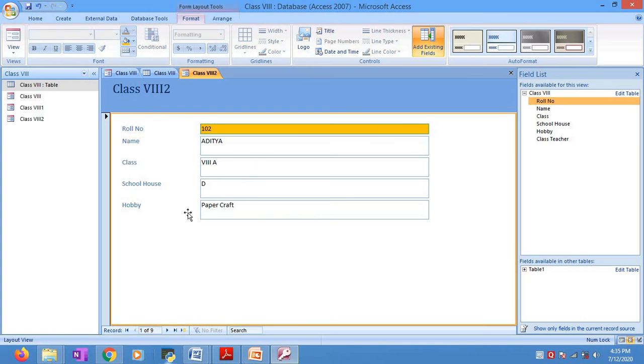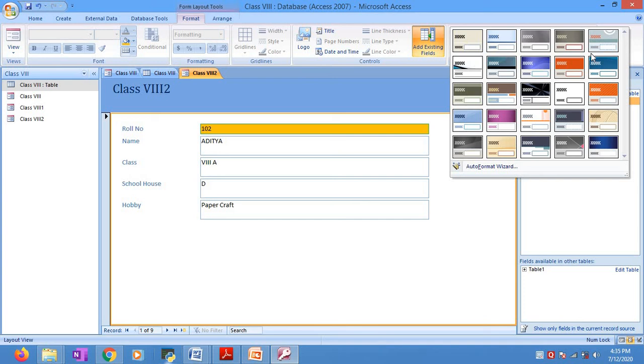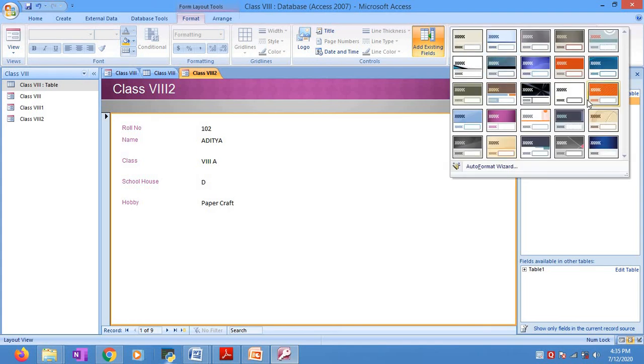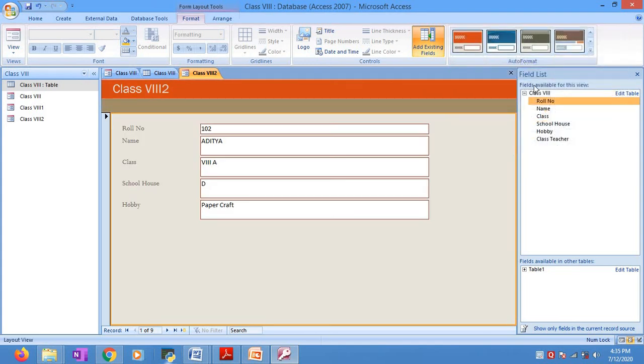So this way, when you click, you can see the changes. Likewise you can do the changes. Now here is the design, okay. Apply the theme. From here you can apply the theme to the form. So many themes are there, okay.